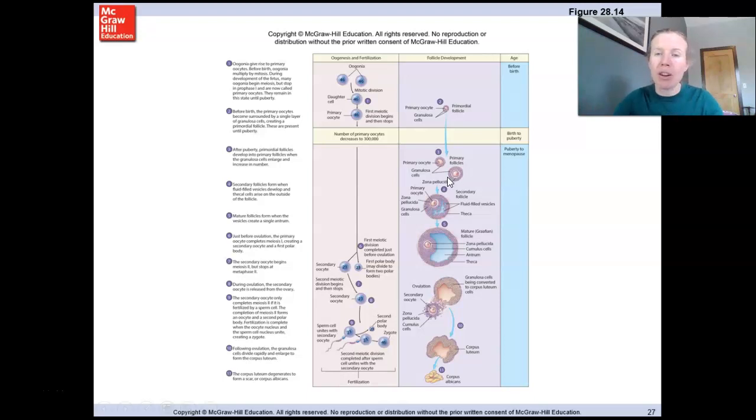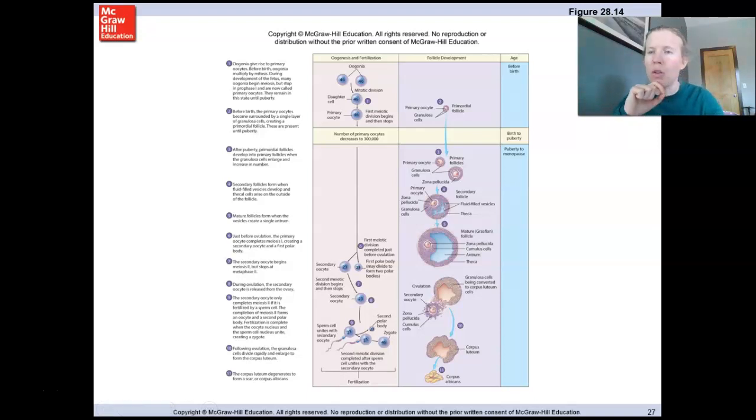What you see happening is that the granulosa cells that make up this follicle are starting to grow and divide. Granulosa cells, and then we'll get into thecal cells down here a little bit, are both making up the follicle, and they're going to work together to help start producing this